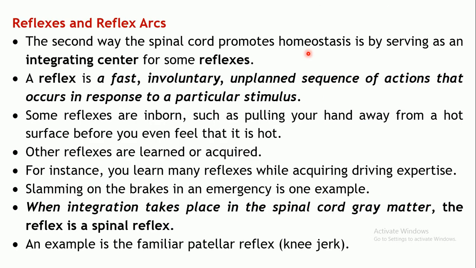Okay, so these are the sensory and the motor tracts. So this is how the impulse is propagated. The nerve impulse is propagated by the spinal cord in either direction, that is towards the brain and away from the brain, in the form of sensory as well as the motor tracts.